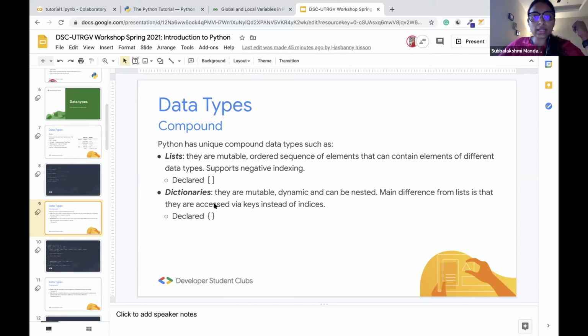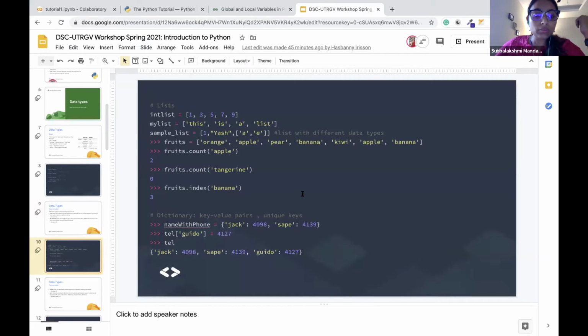Dictionaries, on the other hand, follow a key value pair pattern. These are basically hash tables, right? So one key thing in dictionaries is that the keys have to be unique. So if we go through this example,